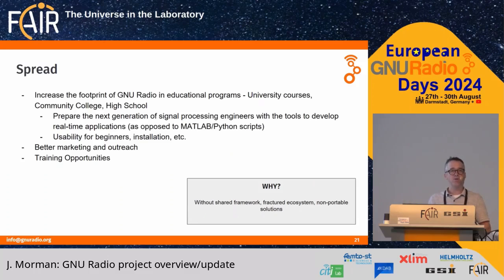Somebody I was chatting with on the GNU Radio chat is actually using GNU Radio in a primary school with 4th graders. I haven't followed back up. That was a couple months ago. So I'm curious how that went. It was a pilot program, but hey, if GNU Radio is a tool that can be used at that level, that would be fantastic.